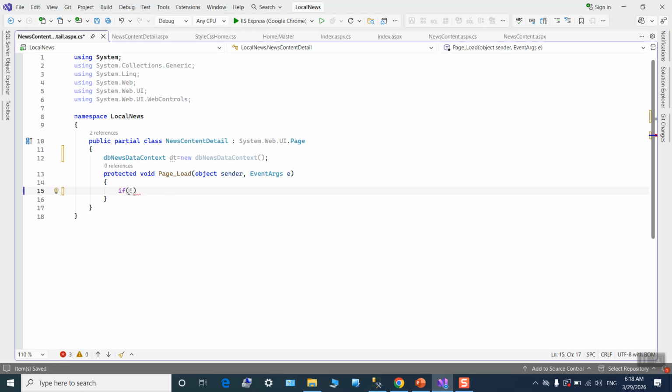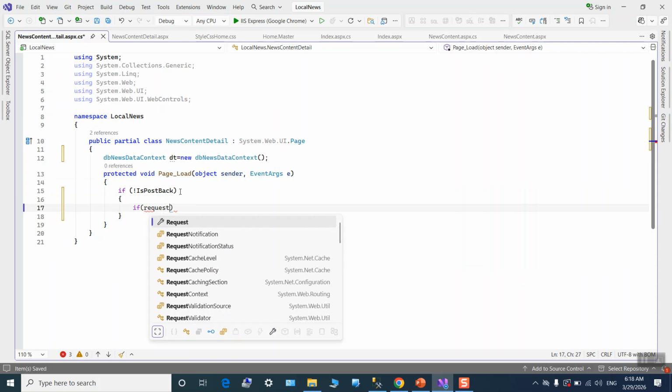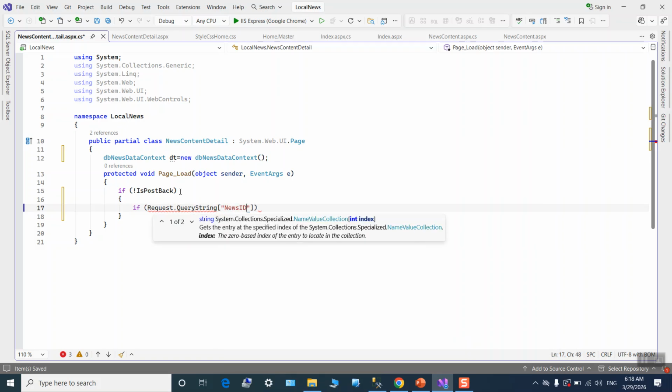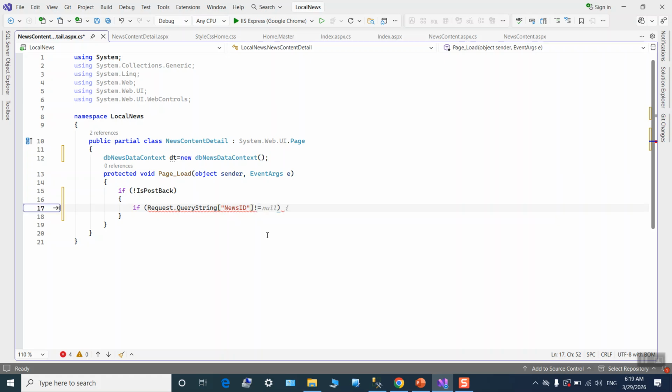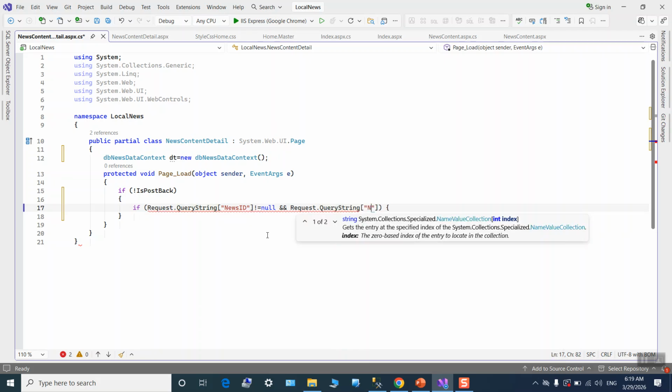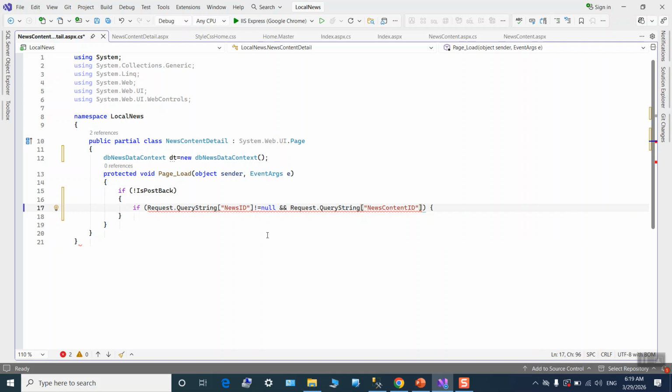If not postback, if request query string new ID not equal null, and request query string new content ID not equal null,